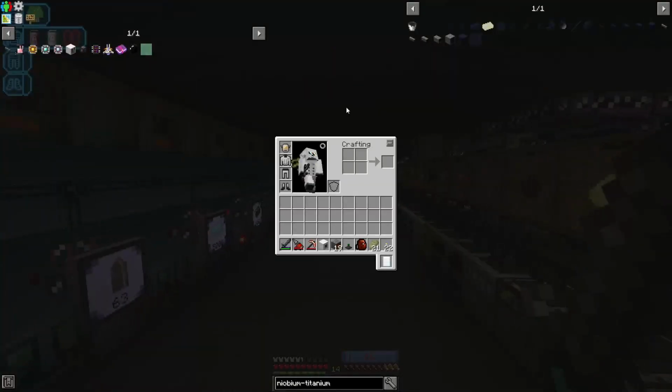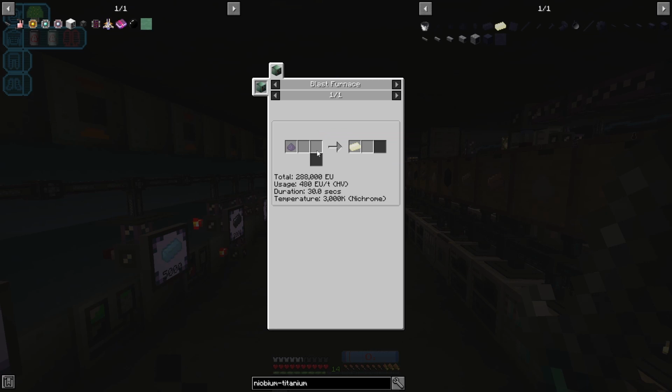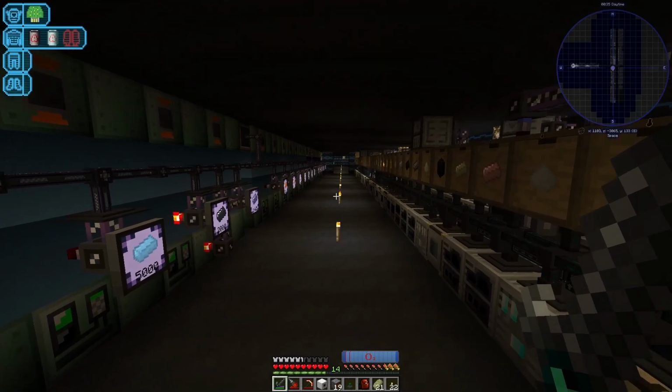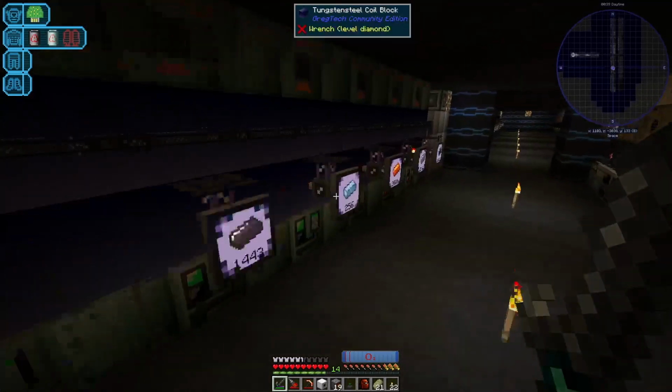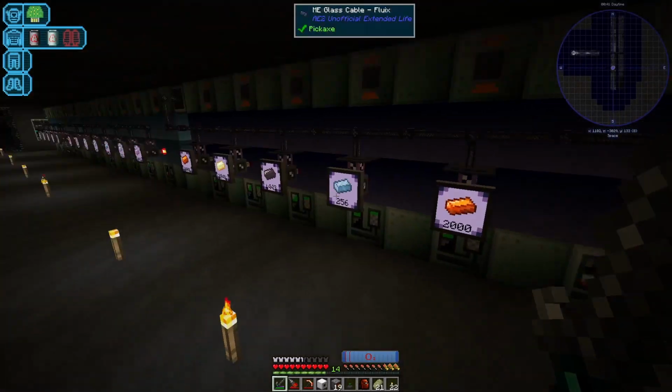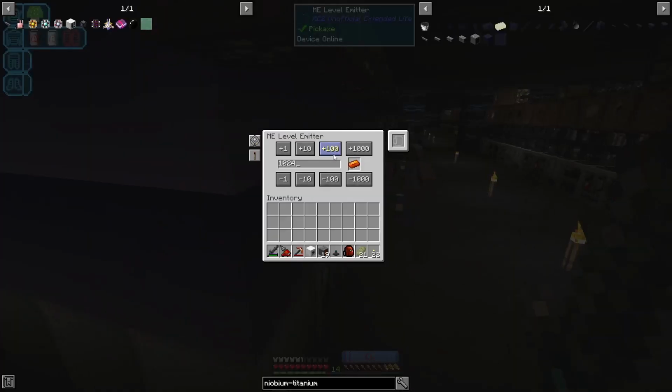So, actually, let's just check on that. So, you need to be nitron level. Okay, so I can go into any of these. The question is, do we have anything here duplicated? We do. We've got signalum ingot here duplicated. What I might do, I might...